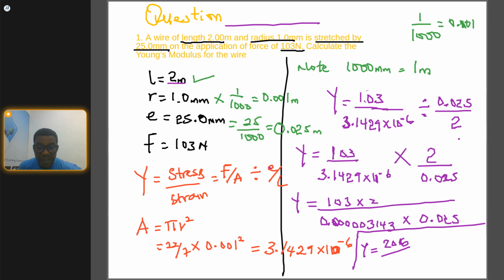Multiply 0.000003143 times 0.25. This is 25. And tell me your answer. I'll be waiting for your answer quickly. What will be your answer when you multiply that? It's going to be a long decimal number. So I want to have your response. What did you have? When you multiply this denominator together, you should be having